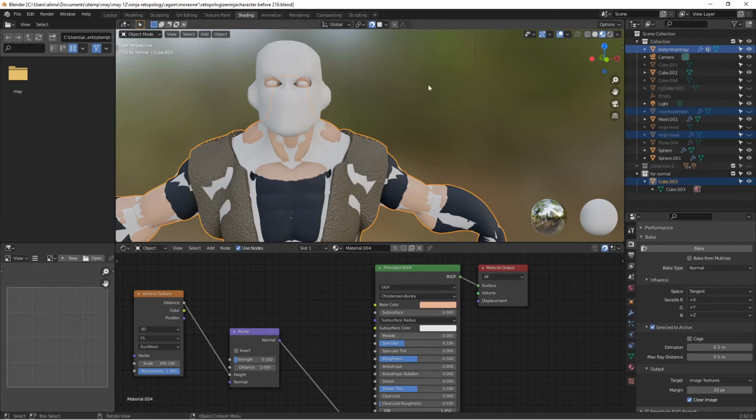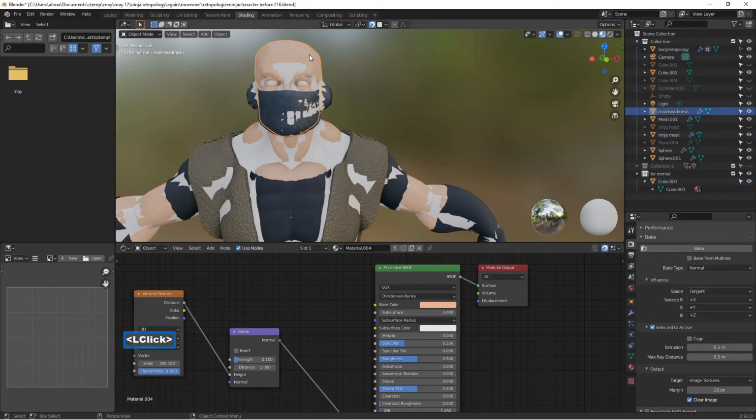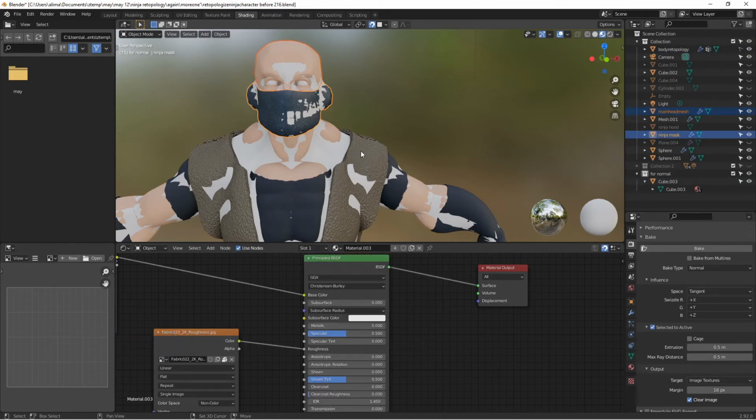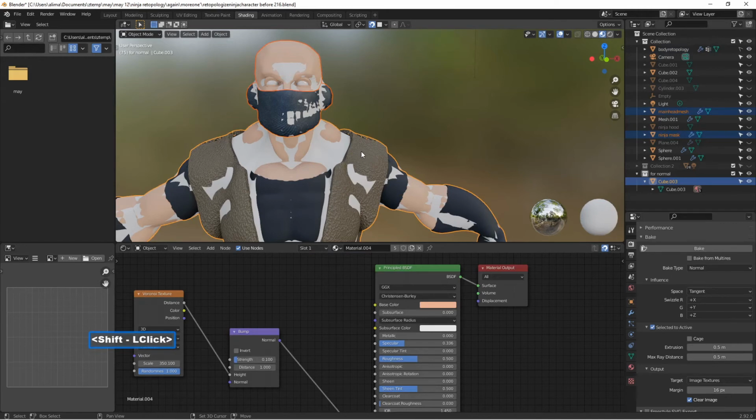Okay, so we are going to have to select again. So I'm going to deselect, make this so you can't select this again. I'm going to bring back the main head mesh, the main ninja mask. So we'll select the main head mesh, hold shift, select the main ninja mask, select the high poly body, let